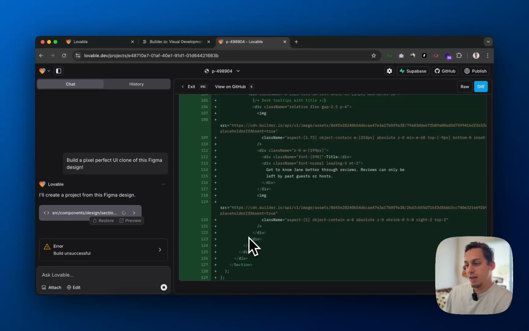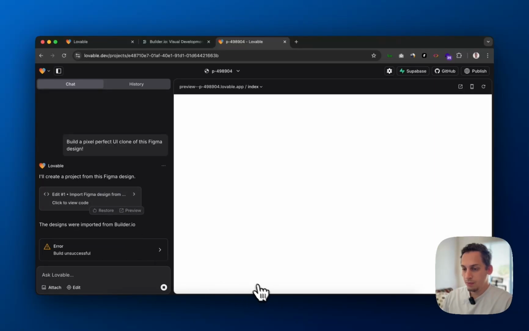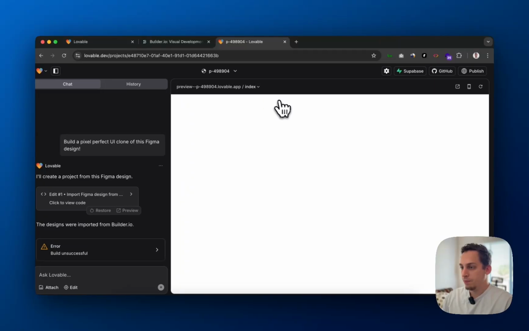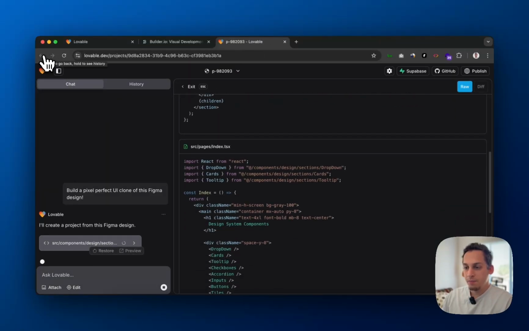We might have to just export the colors and the typography and maybe some of the buttons, like the basics of the UI kit, right? So that might be the next step solution to this. So as this continues to load, well, the designs were imported from Builder, so we don't really see anything. I think it's a good idea to not have too many things in the